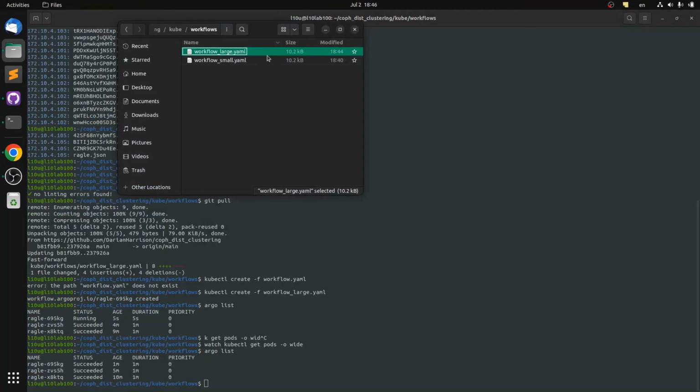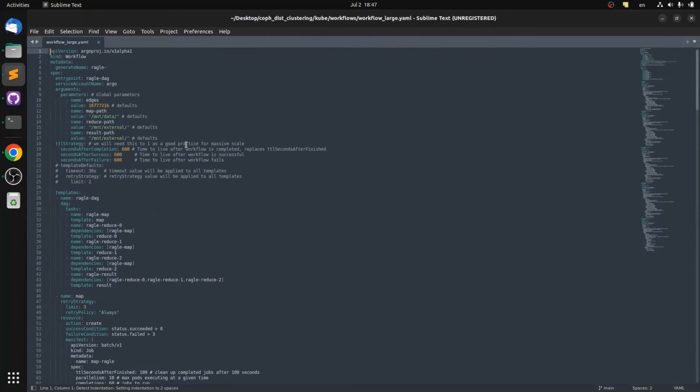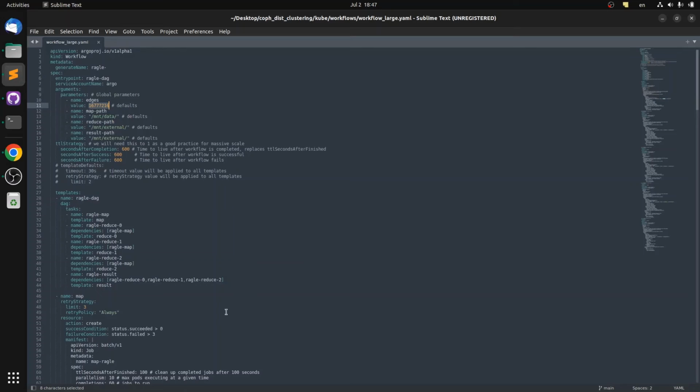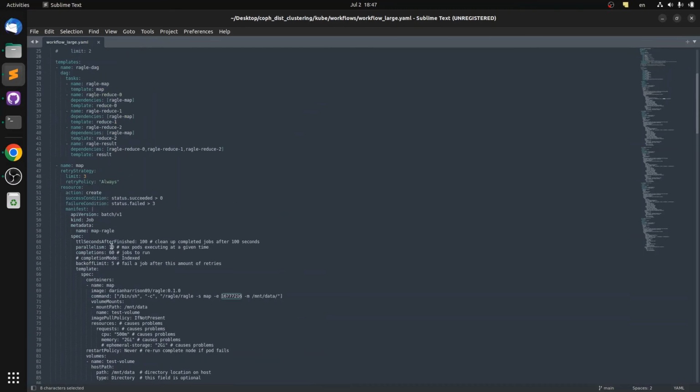So, and I don't just say that because I wrote it. But anyhow, this is the large execution. Notice here, what we mentioned, all of these edges, and we ran for 60 iterations. Here, 60 maps, and of course the reduce is going to be very simple. It's going to be the same. It's just three reduces and one result. So the complexity is going to be in this embarrassingly parallel